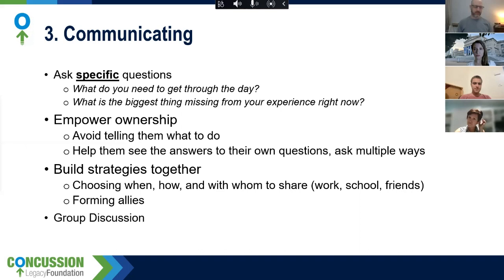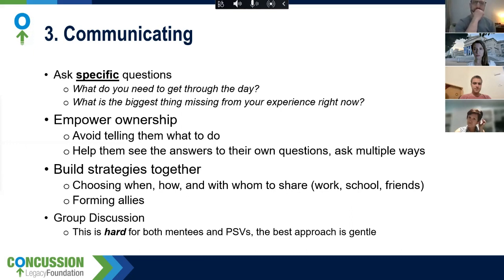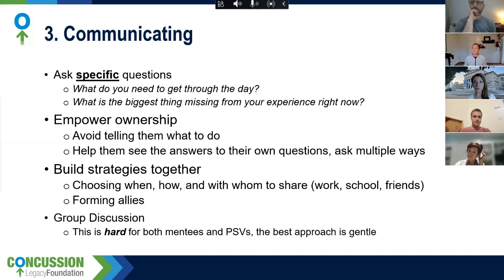We do want this to be part of our group discussion in a little bit here. But I just wanted to acknowledge here that this is very difficult for both mentees and peer support volunteers to do. The best approach is definitely gentle in these 1, 2, 3. It's not going to be something that comes naturally to everyone, and that's okay. And if we can just get them a little bit closer to understanding how to advocate for themselves, you've done a phenomenal job for your mentee. So with that, we